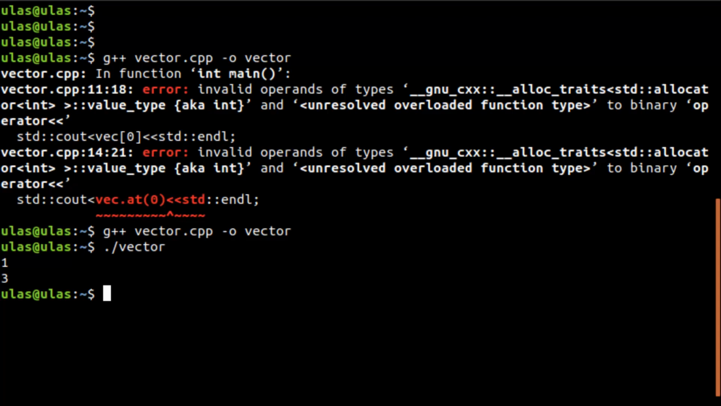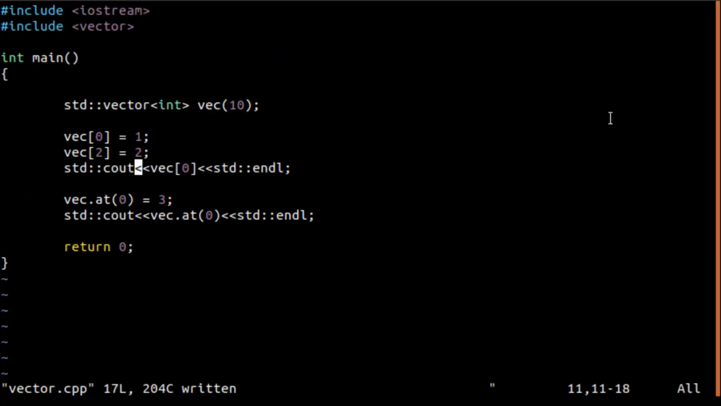The thing is, with square brackets you can access elements without any check. For example, we can access a non-existent element, like, I don't know, 200 here. There is no element in this vector at this index, right? But we can access it with the square brackets operator. For example, we can just compile,